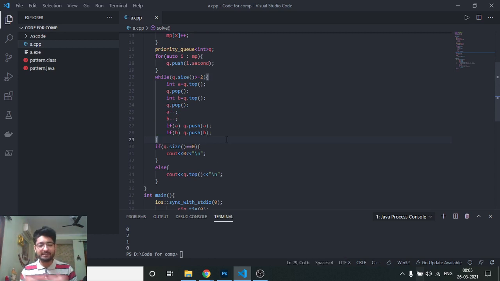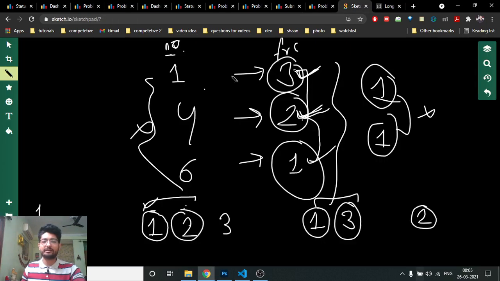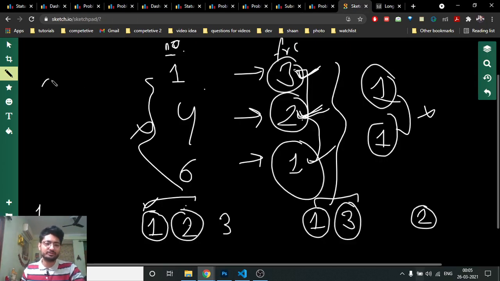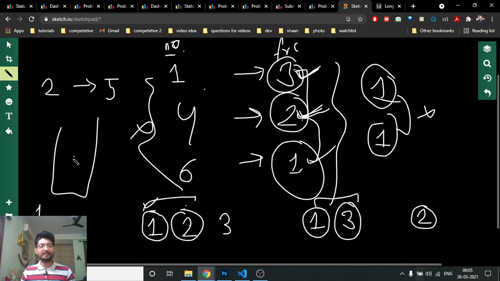Either all my elements are paired up and I have no elements left, so my priority queue size becomes 0, which is the minimum size I have got down to. But let's assume that I have an array which is all made of 2s, like there are 5 2s. So the priority queue will have only 1 element, which is 5. So if there is only 1 element left, then what's the answer? Obviously that's the answer, because you cannot make a pair of that, because all the numbers are the same.